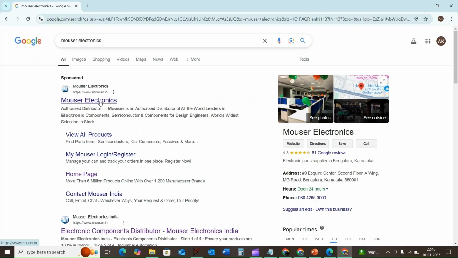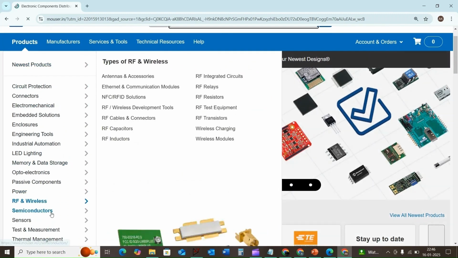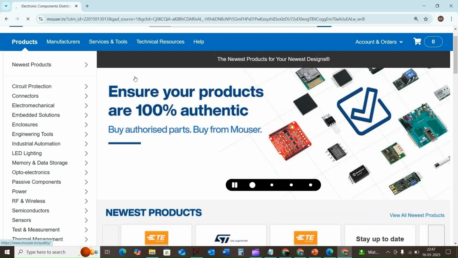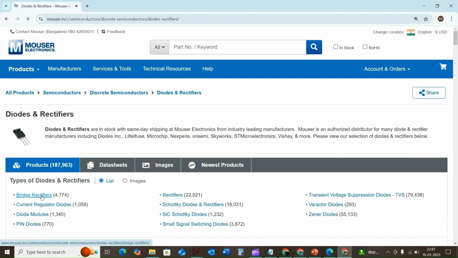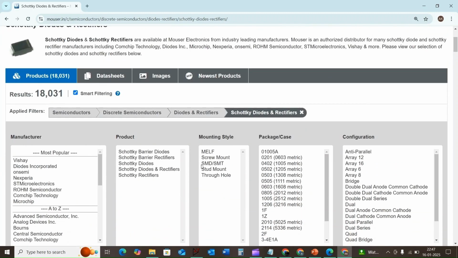Again, back to Mouser Electronics. Initially I will go to All Products, and next we'll go to Discrete Semiconductors, and inside this we have to go for Diodes and Rectifiers, and here we should consider Schottky Diodes and Rectifiers. And here I am choosing SMD or SMT as the mounting style,